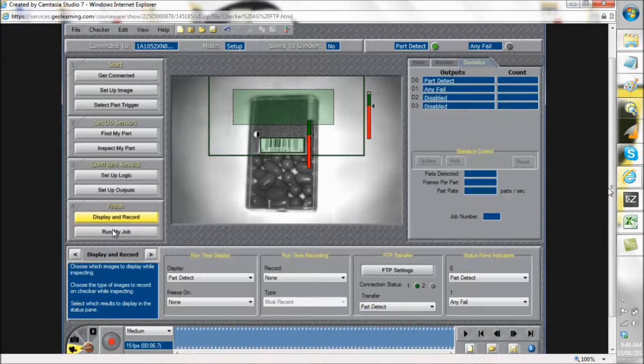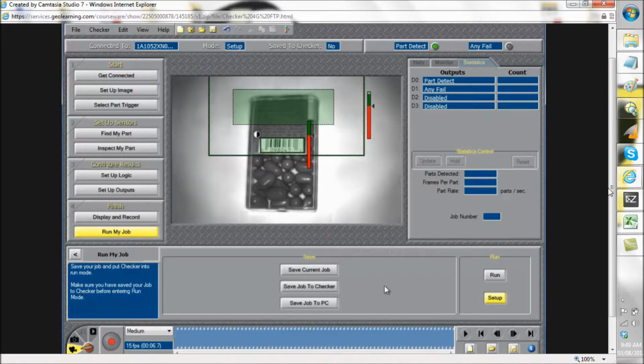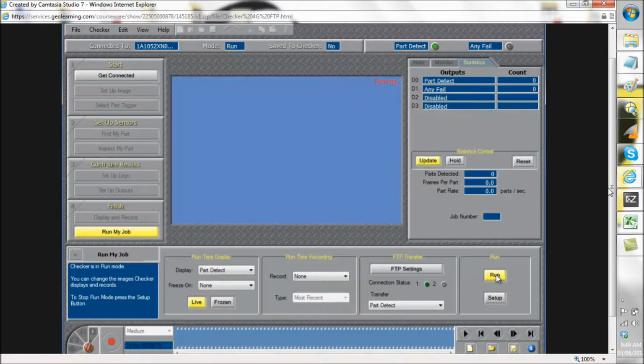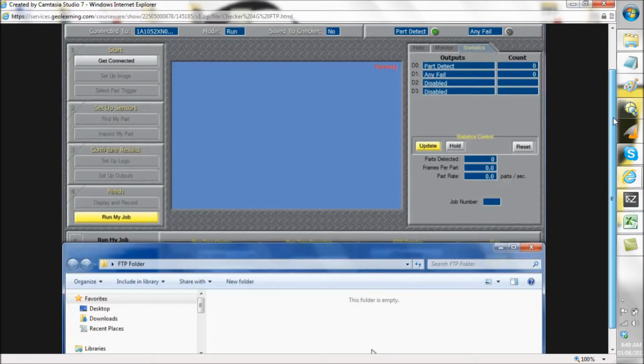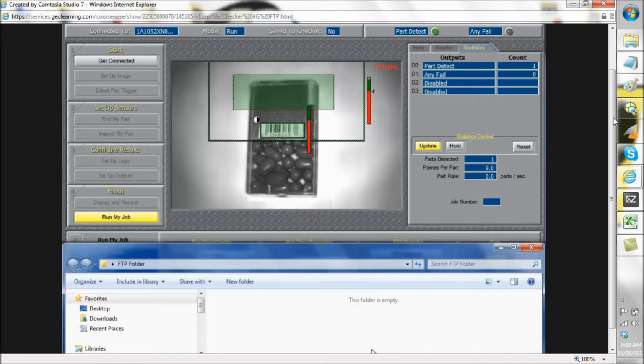Then I'm going to go to my run my job step, and I'm going to select run. Now I'm also going to bring up the directory that I had set up for transferring my images during runtime. In this part I have here, I'm just going to simply wave my hand in front of it so that the Checker can automatically detect the part. So I'm going to present it here. You can see as I present the product,